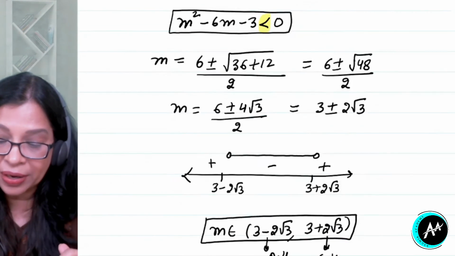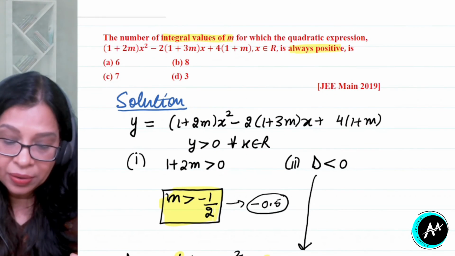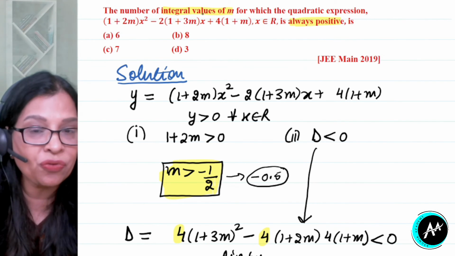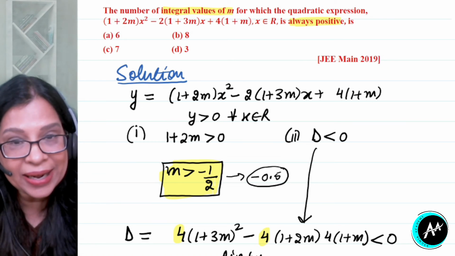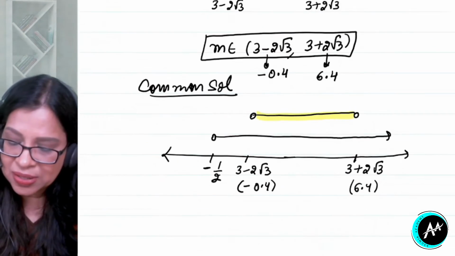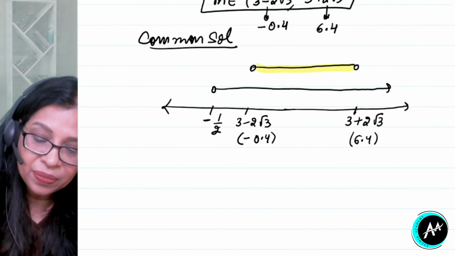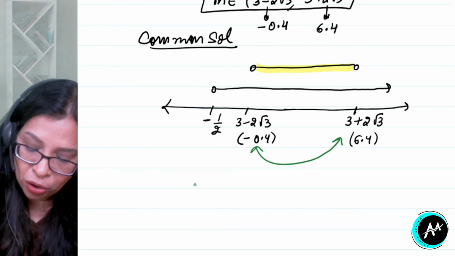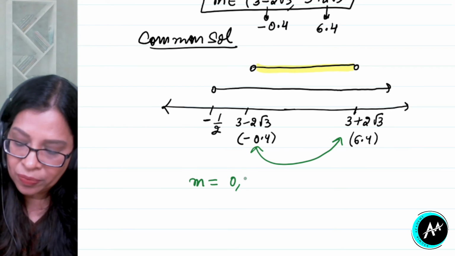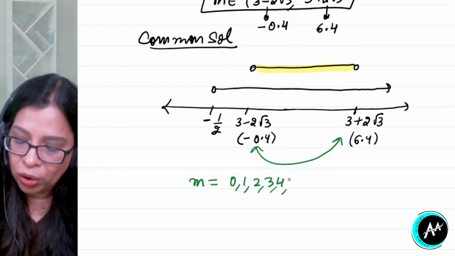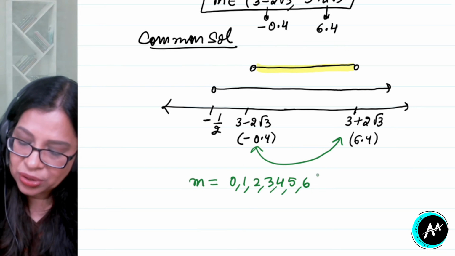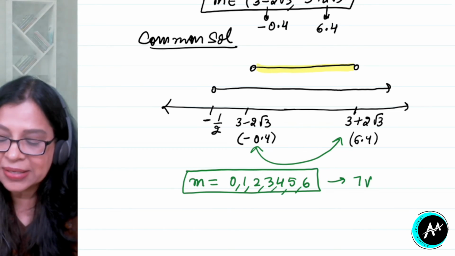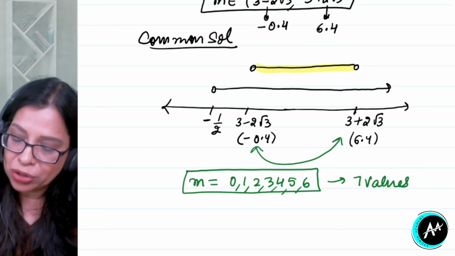Now what is the question? We don't have to find the interval. Let us go back to the question. See, read it carefully. Question was we have to find number of integral values of m. So what are the integral values that m is taking? So let us find all the integers lying in this interval. So in this interval, what are all the integers? From minus 0.4 to 6.4. So m is taking values 0, 1, 2, 3, 4, 5 and 6. So these are the integral values of m lying between them. How many are these? These are 7 values. Alright. So that is going to be the answer.